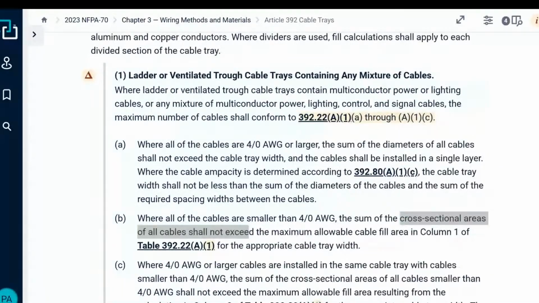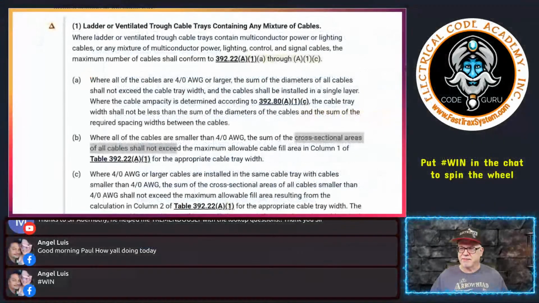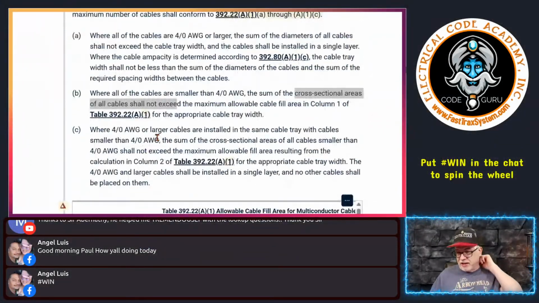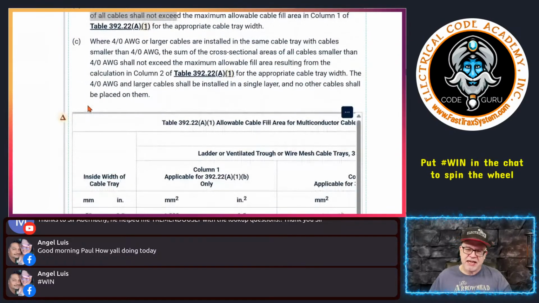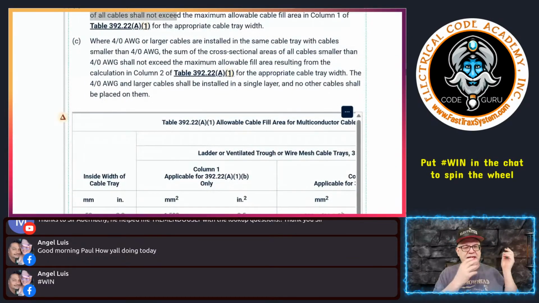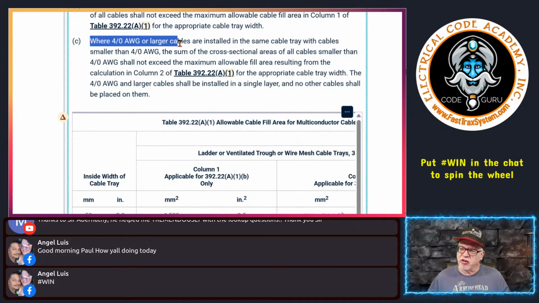Okay. All right. Back to the lesson. So that's how you do B. Now let's look at C. Now C is going to be the one that's similar to what we did yesterday, because we have to have diameters. That's easy because we can get the diameters for large cables and conductors from the manufacturer's product sheets, that type of thing. So it says now, where you have 4/0 and larger cables are installed in the same